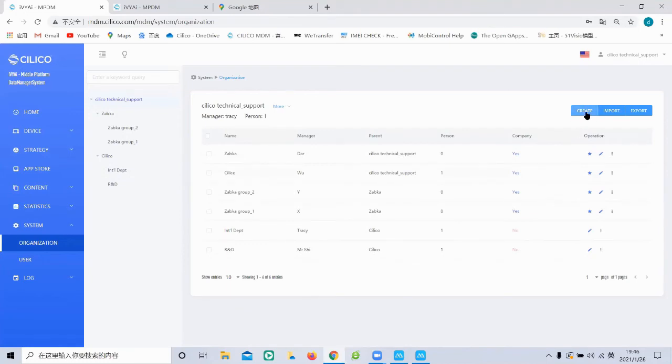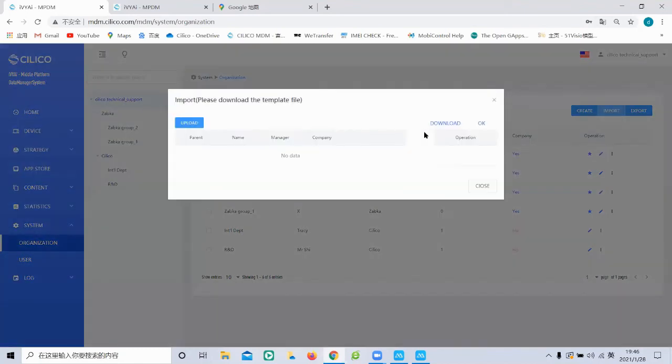Here shows the create button. Also, another important function is the import. Import means we can download the template from here. It is an Excel file. After we download it,